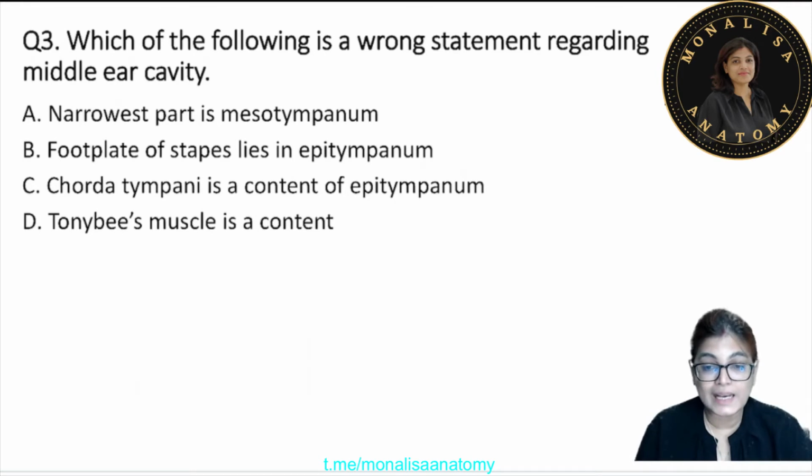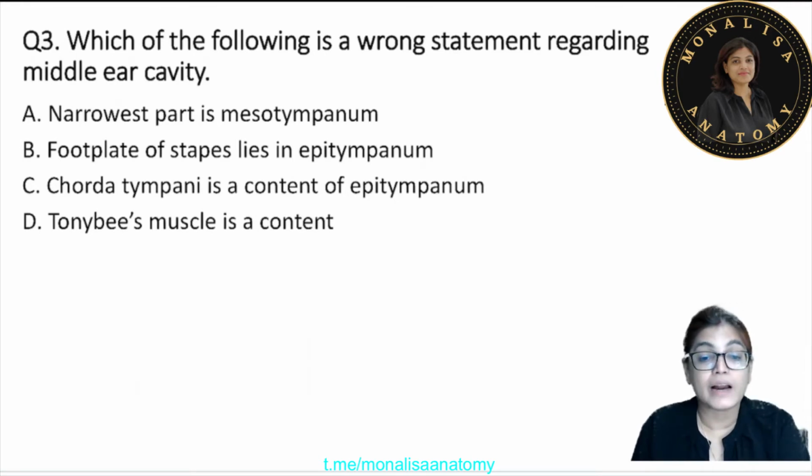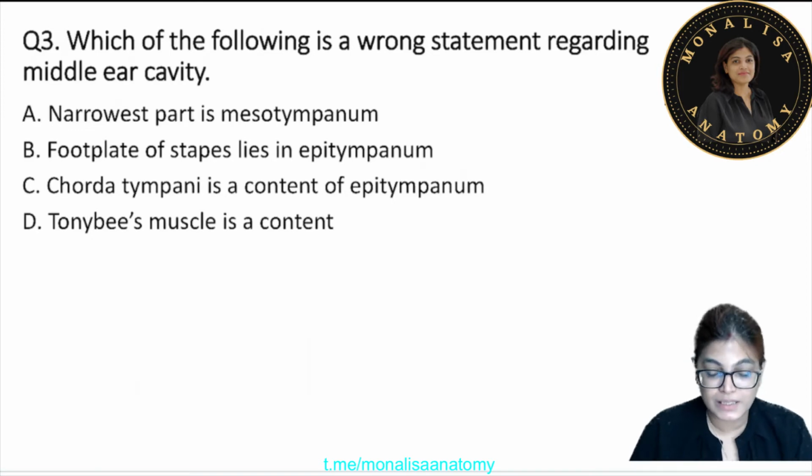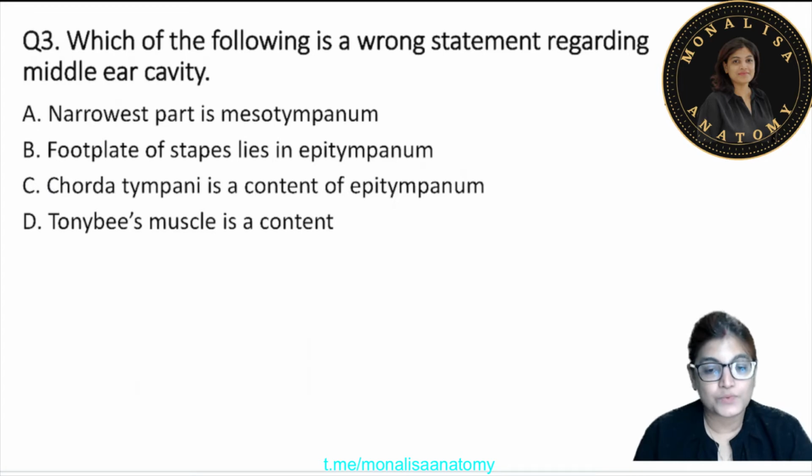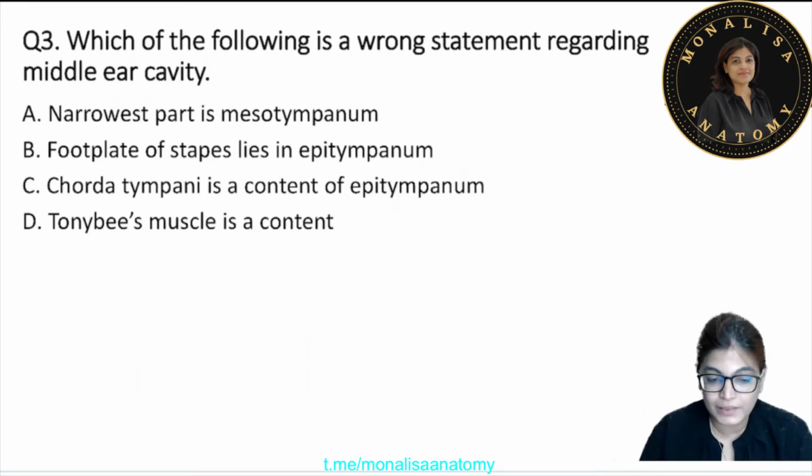Now, which of the following is a wrong statement regarding the middle ear cavity? So we have to mark the wrong statement regarding the middle ear cavity. So 4 options are there. A, the narrowest part is the mesotympanum. B, the footplate of the stapes lies in the epitympanum or not. C, the chorda tympani nerve is a content of the epitympanum. D, the tensor tympani muscle is a content of the middle ear cavity or not. For solving this MCQ, it is important for you to know the subdivision